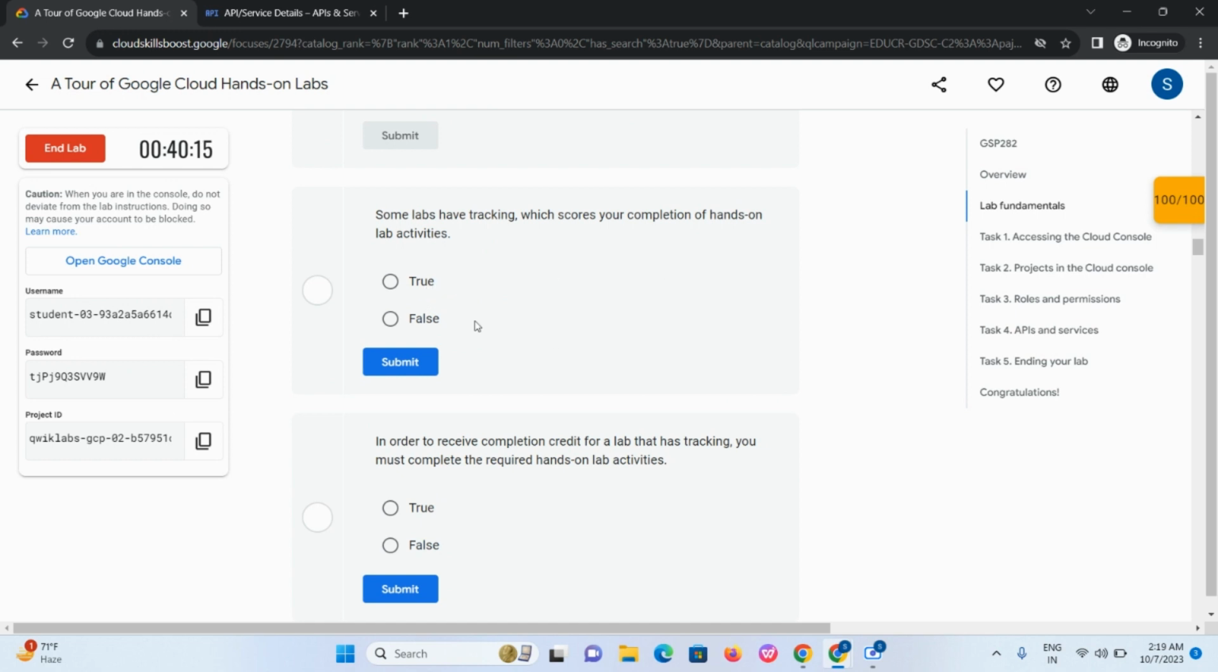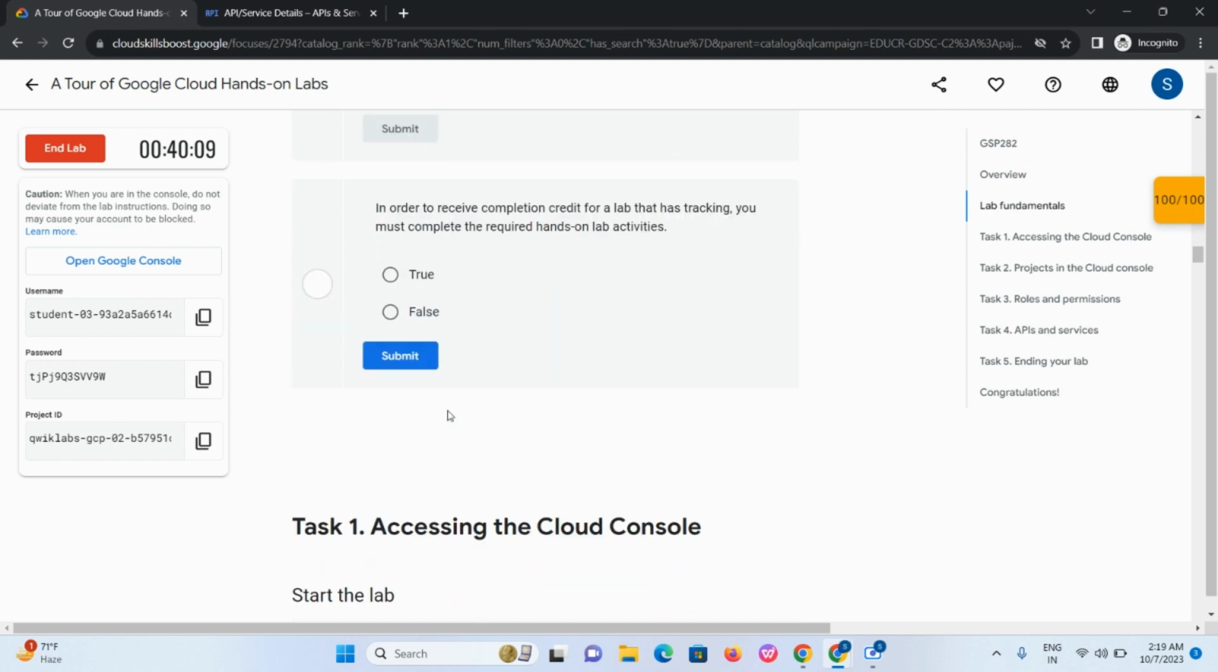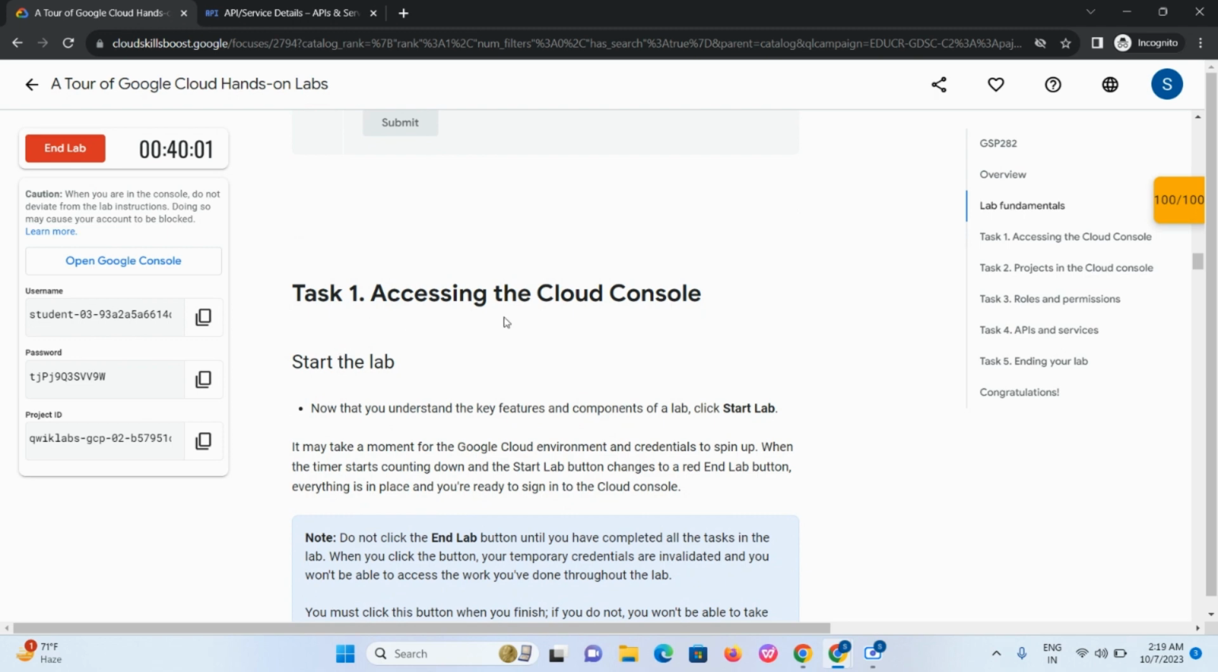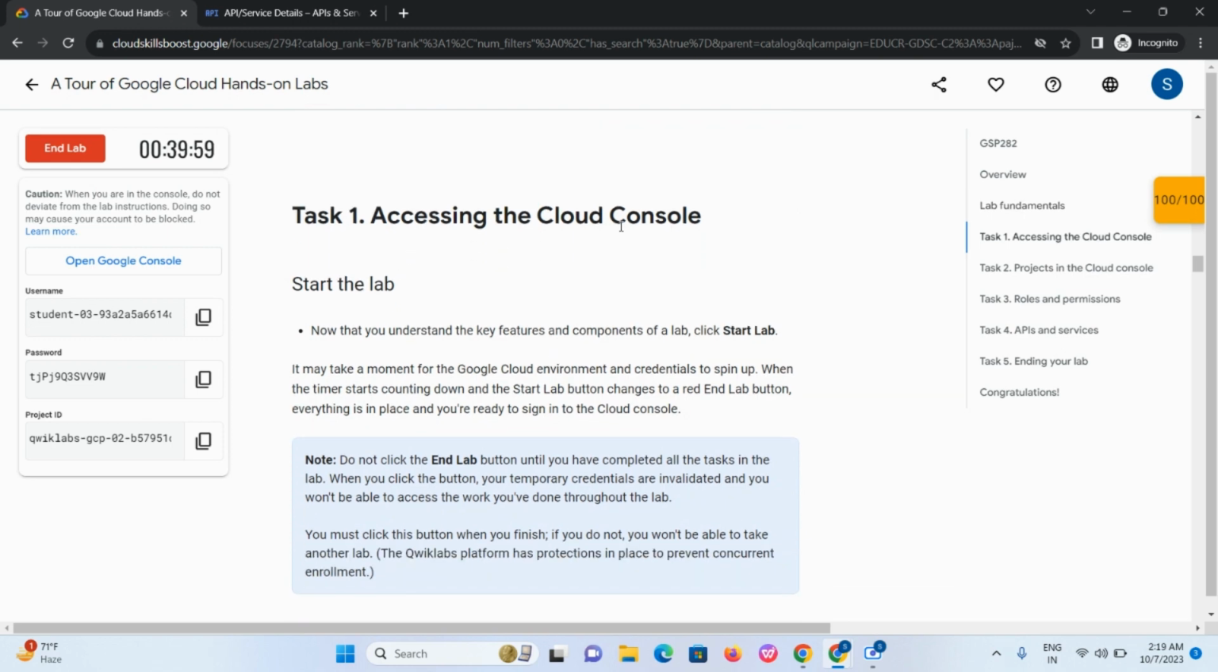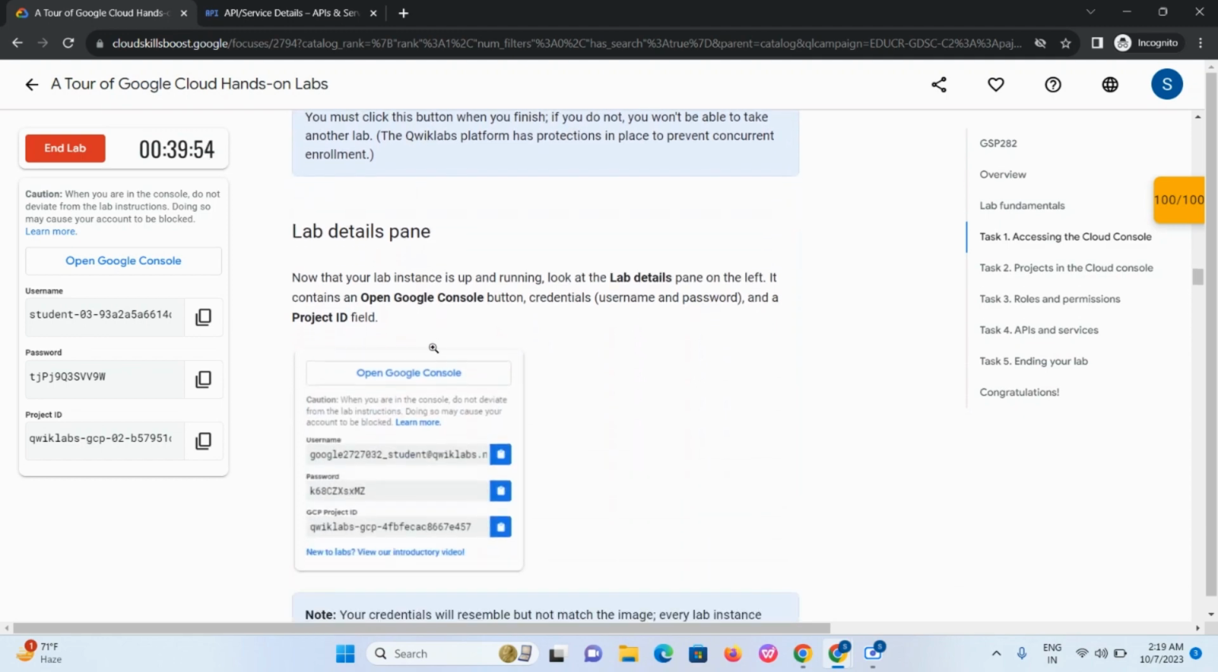And this is the next question. Select true and submit. And now this is the other question. Select true and submit. Now our task one is already done. We accessed the cloud console as I showed you in the before steps. Just scroll down